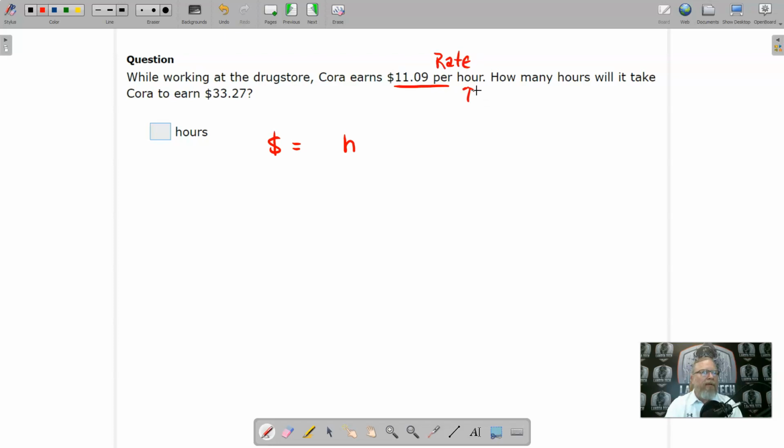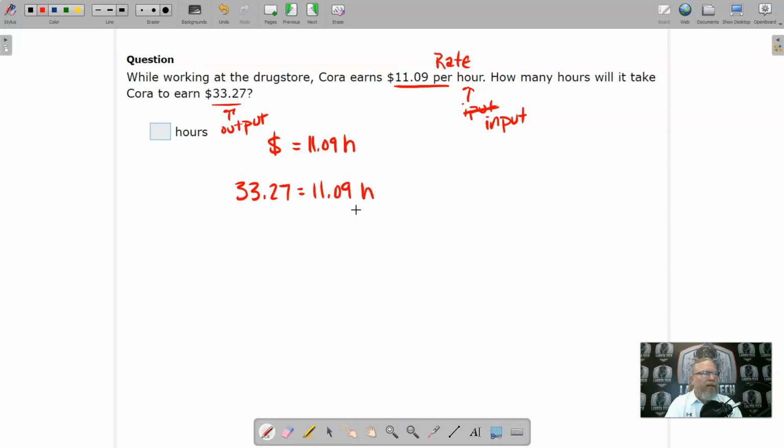The number of hours is our input, and I can't spell input, forgot the N, I-N-P-U-T. And our output is money, right? So number of dollars equals 11.09H. How many hours will it take her to earn $33.27? So they're actually giving us an output here. And so we're going to plug in the output that they give us, 33.27 equals